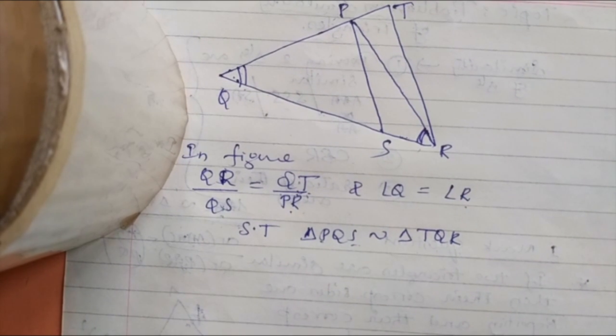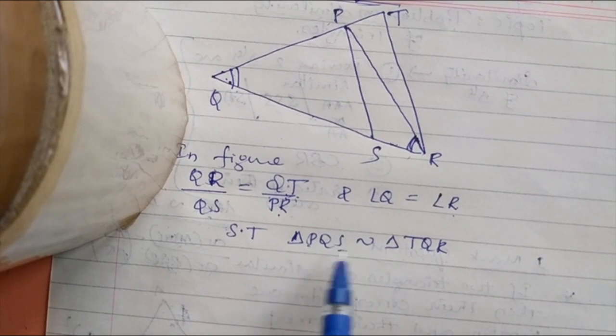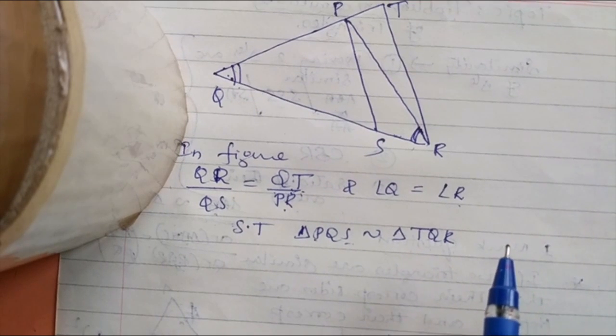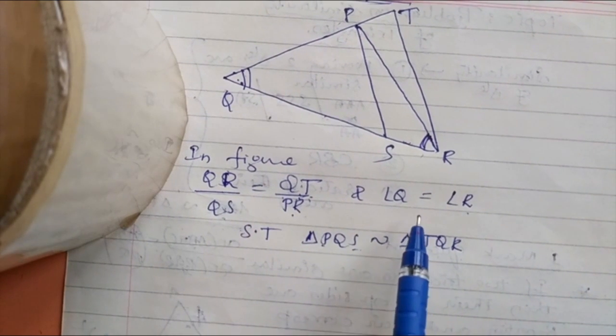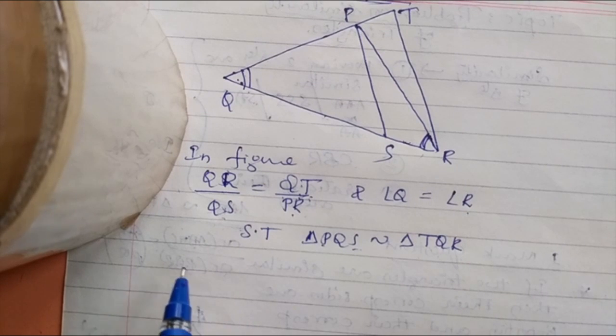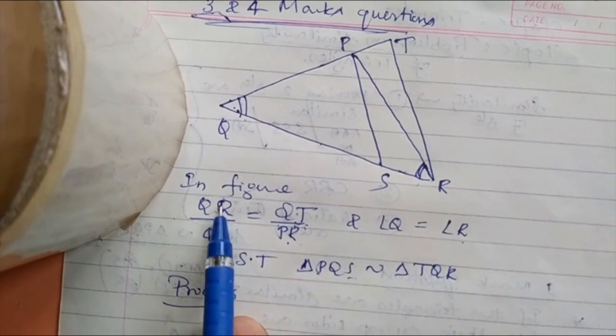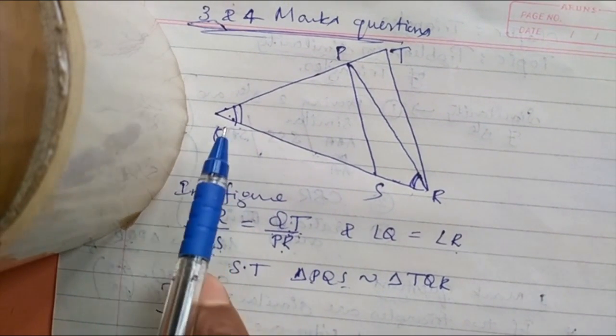To prove two triangles are similar, out of the 3 criteria, SSS, SAS and AAA, AAA is very important. In most problems we use AAA only. Let us see in these two triangles which criterion we are going to use depending on the given clue or hint. So we go for the proof. Look at which hints are given.